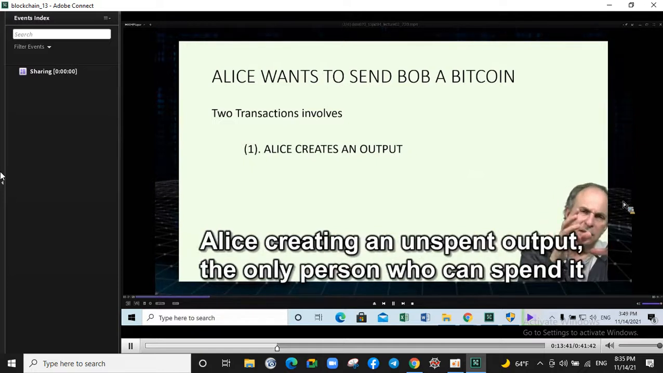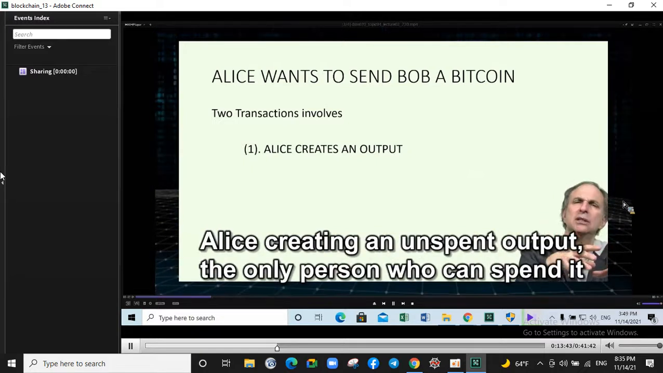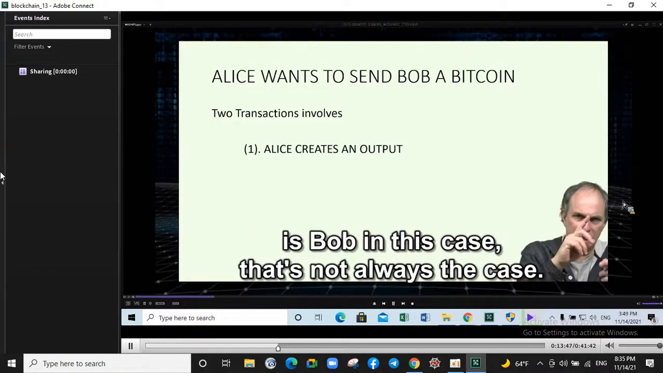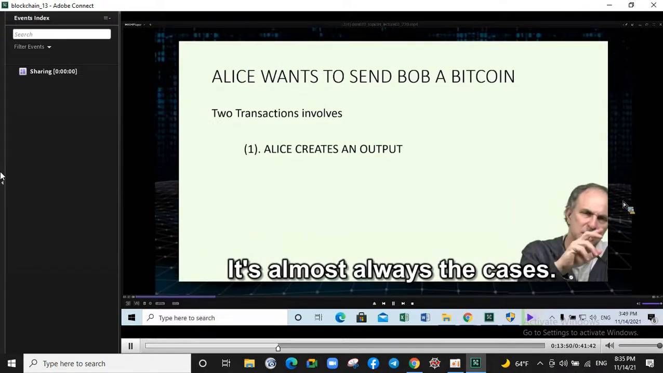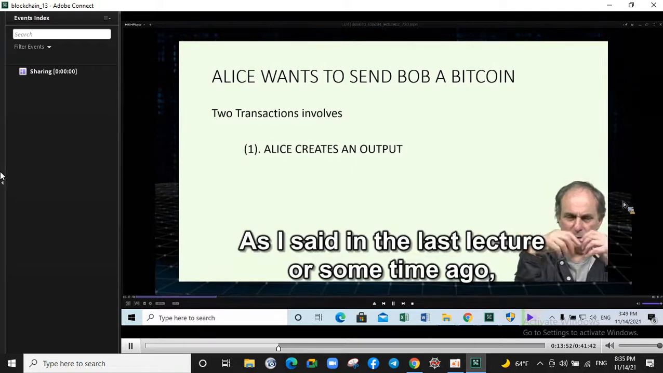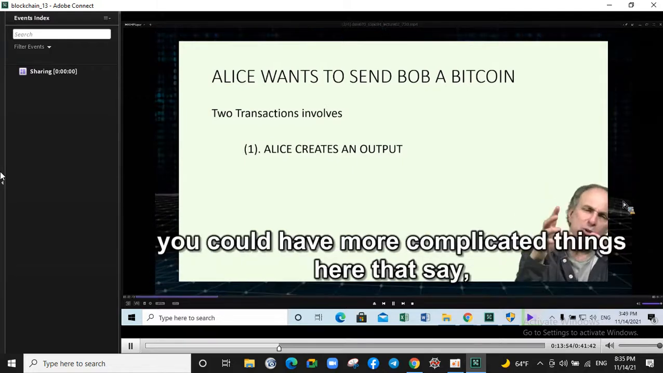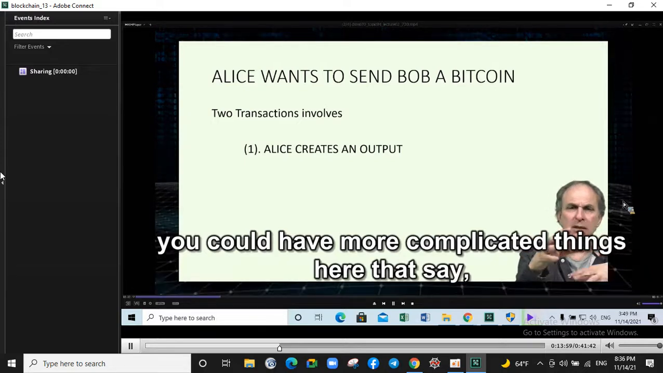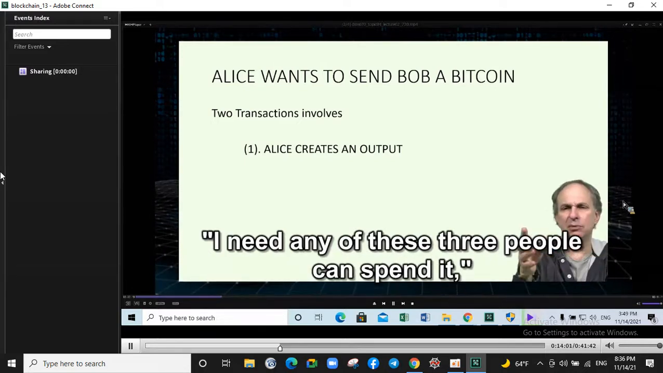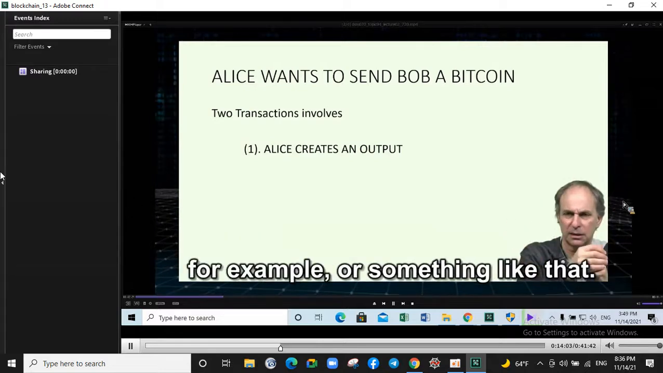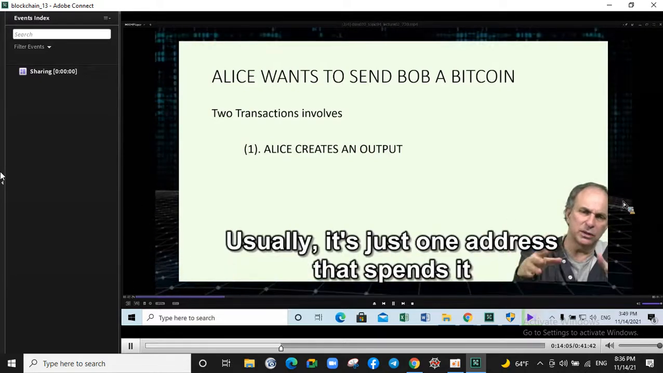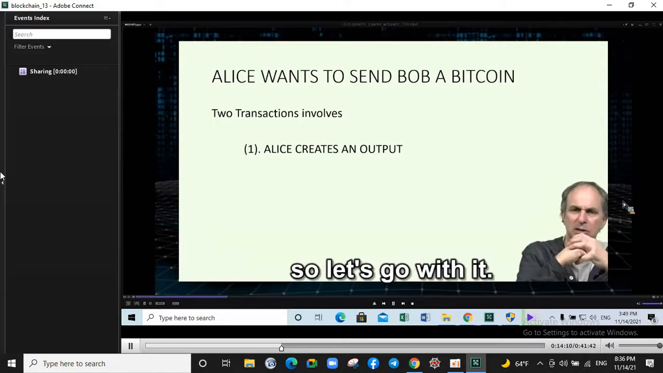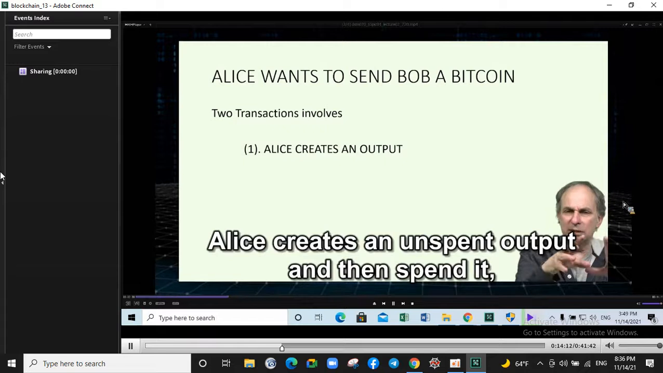So Alice creates an unspent output. The only person who can spend it is Bob in this case. That's not always the case, but it's almost always the case. As I said in the last lecture or some time ago, you could have more complicated things here that say, well, any of these 3 people can spend it, for example. But usually it's just one address that spends it, and we're going to go through in detail how that looks. So let's go with it. Okay, so Alice creates an unspent output,